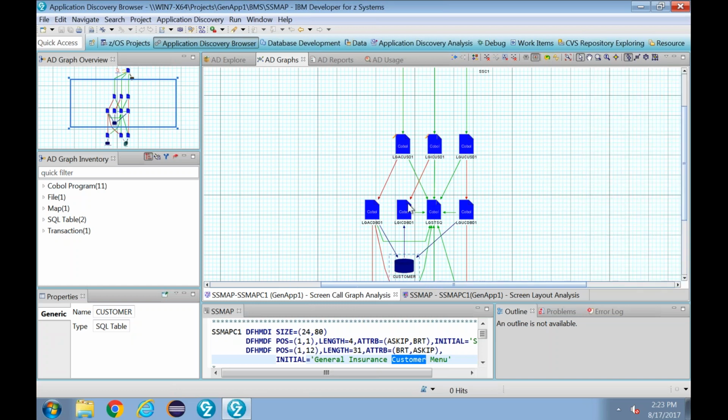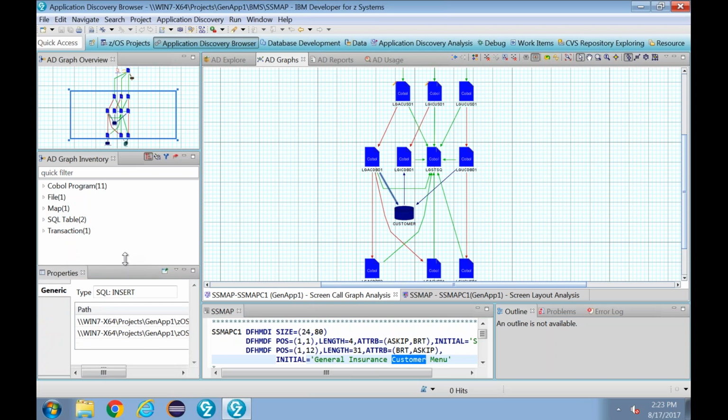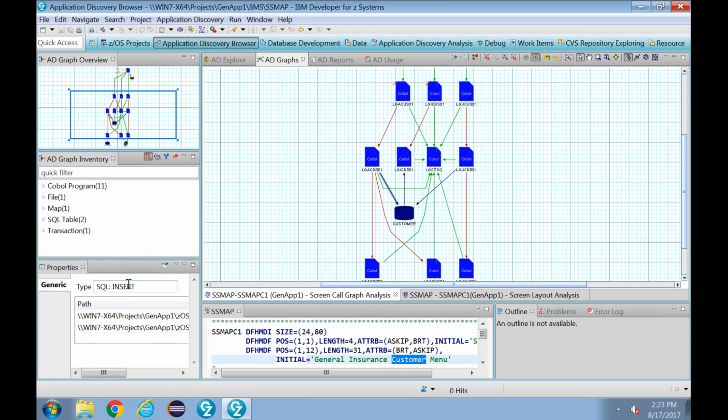So with this, I actually know from the lines, because I'm familiar, that anything that goes into the database modifies the table, and anything that comes out is actually an inquiry. If I click on this arrow, what you see at the bottom left is that there's an SQL insert happening.